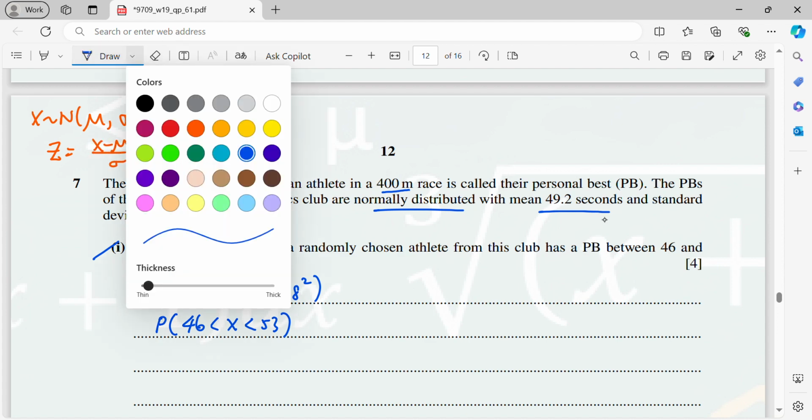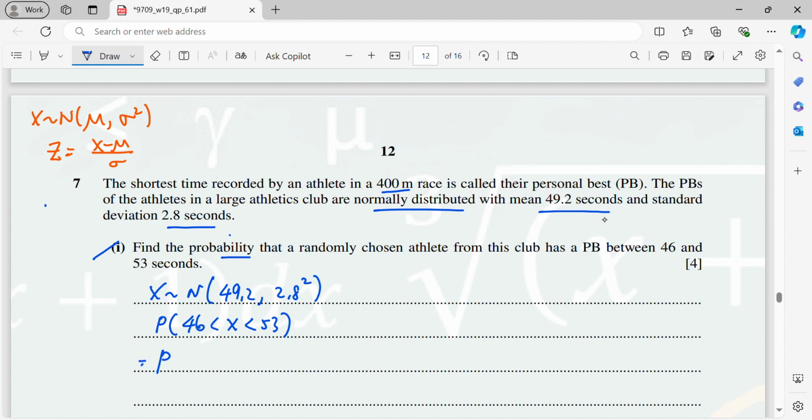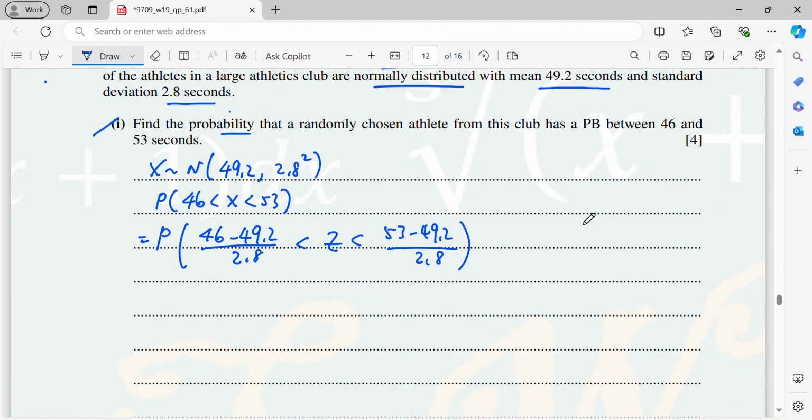So now I need to standardize this. This will be (46 minus 49.2) over 2.8 less than Z less than (53 minus 49.2) over 2.8. Then you will get the values of negative 1.143 and